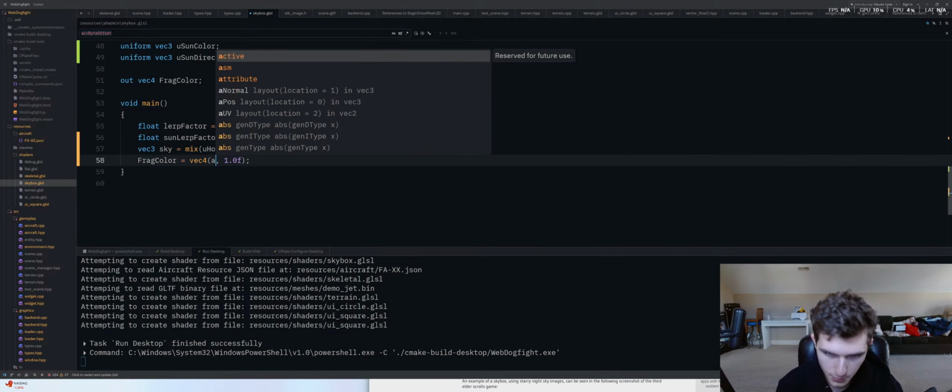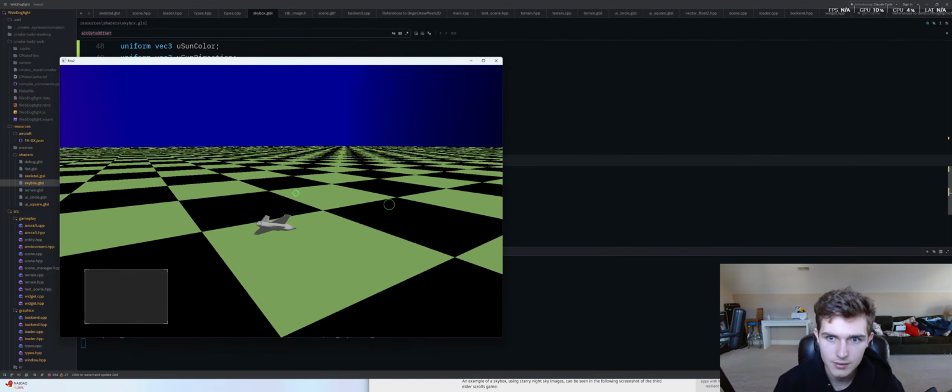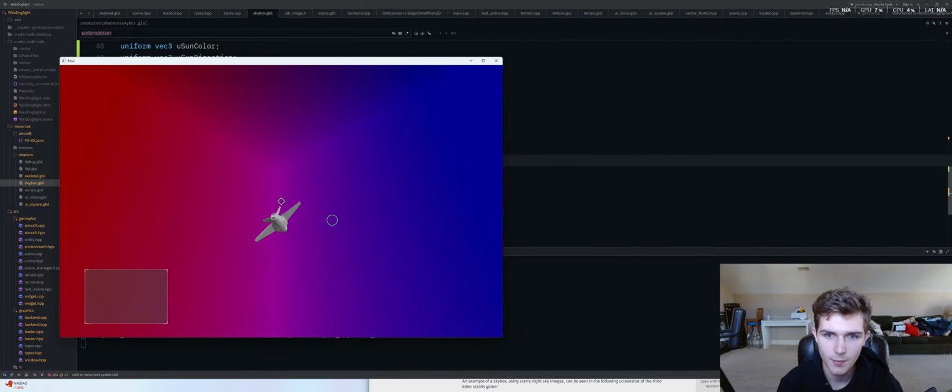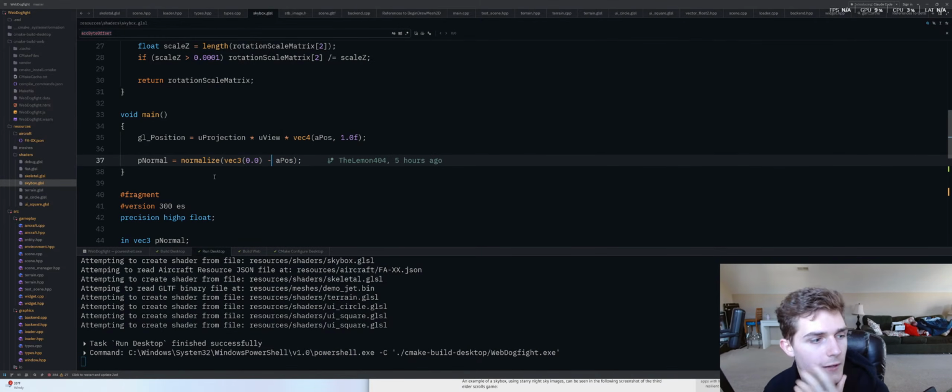We could do P normal here and just see what that actually looks like in terms of the skybox. Yeah, you can still very much see that this is a cube, and that's the problem. You shouldn't have that. So getting the vector to the center from wherever the cube is not gonna work. But